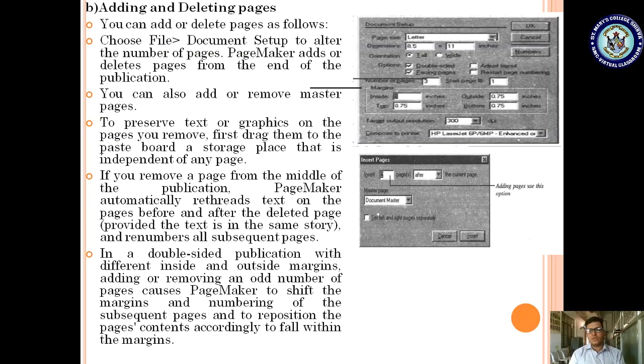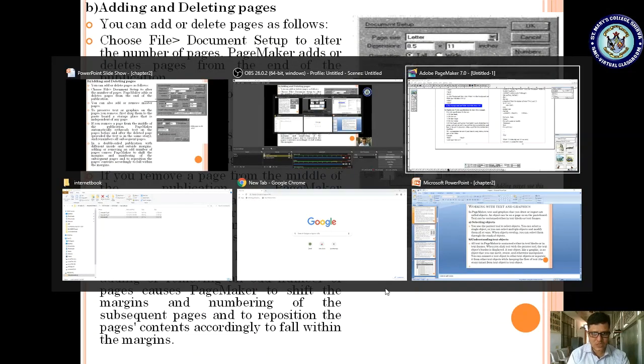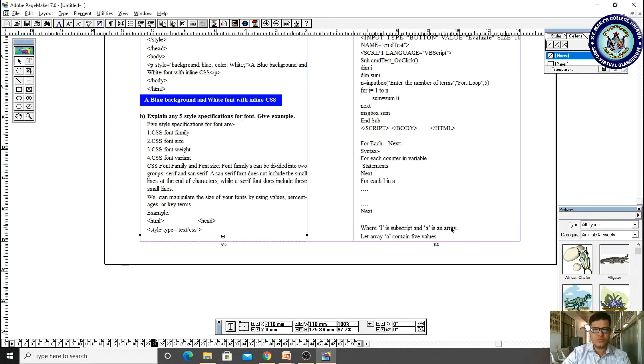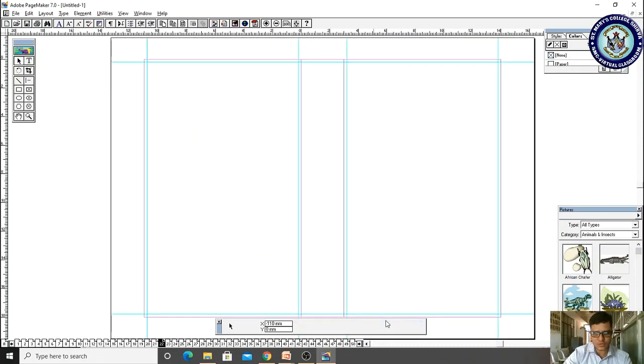Suppose I am doing double-sided pages. You are seeing that this is double-sided pages, so whenever we are doing this we should be very cautious. Whatever book you are seeing here is double-sided pages. You can directly add one more page here also. Please observe here, 80 pages are there. Afterwards, inserting one page is possible, or adding one page is also possible.